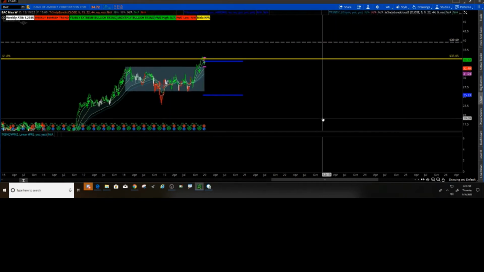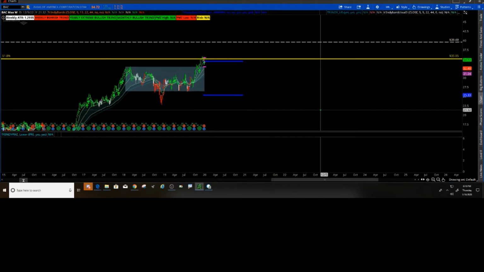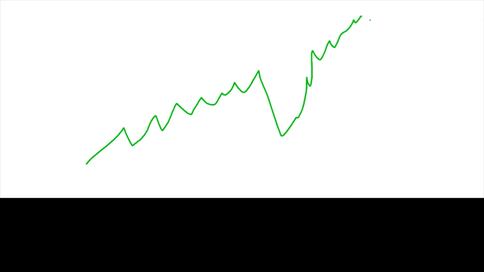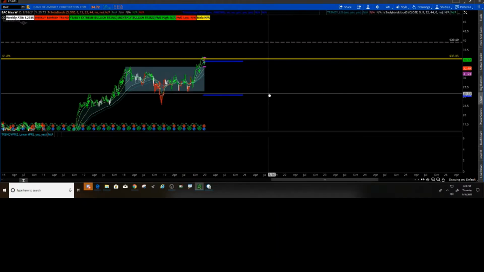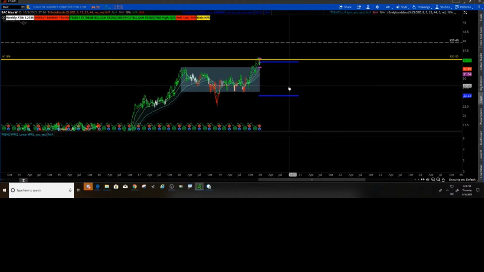Okay, so the first thing that I do is I really try to make this as simple as possible. What you're going to notice is there's a stock, and whether it's up or down, I'm going to give you two levels. And those levels, you're going to have a neutral box. And basically, it's going to say neutral right inside of this, right? And then outside of that, you're going to have targets. You can have a target here and a target here. And if price were to break down to the downside, I'm going to give you a target here and a target here. And it could be 2, 3, 4 targets. All right, now let's go ahead and get over here and see what we would do if we were looking to trade